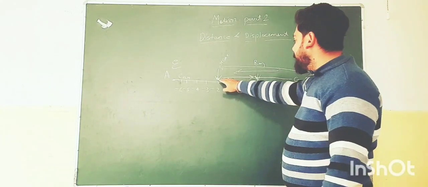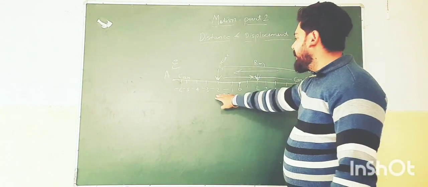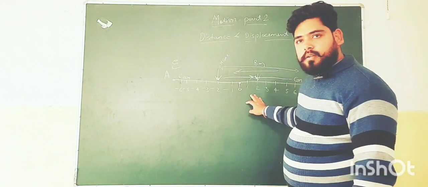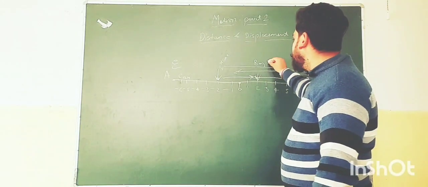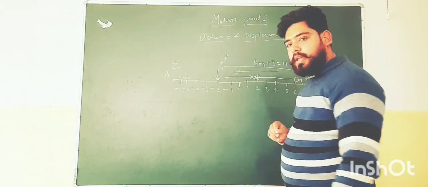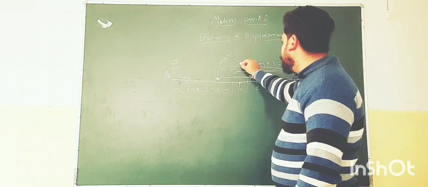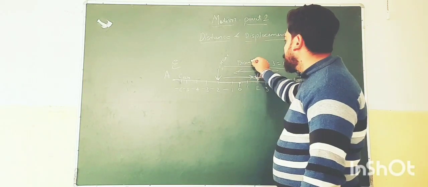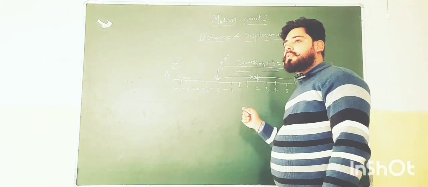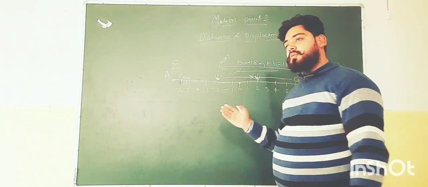But second case what happened? It goes back till 2 only. Then again we will count from here 1, 2, 3. Means 3 steps he has come again. So what will happen here? 3 will be added and it will come 11. Okay? It will come 11. But that is your distance. In this case, that is the distance. But for the displacement, this value will not be. Here the magnitude will also change and direction as well. Both will change.